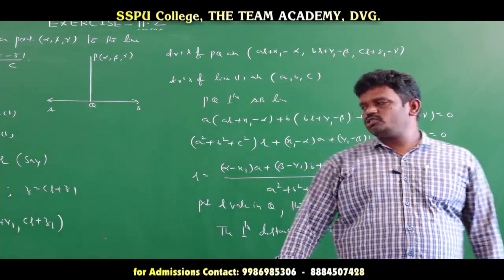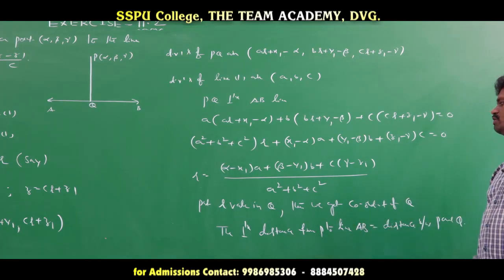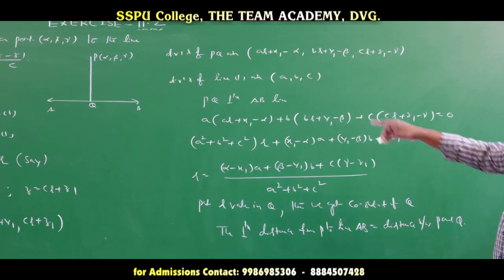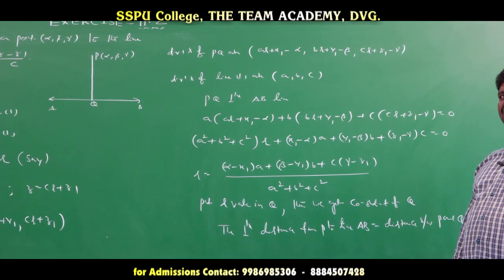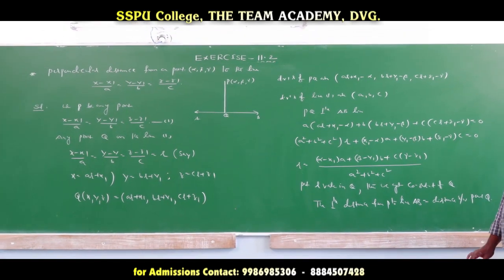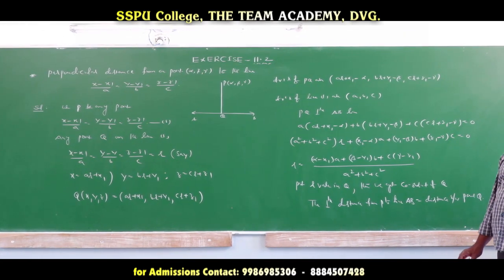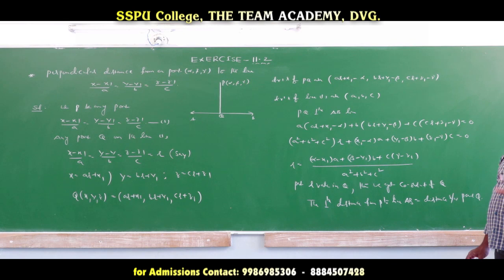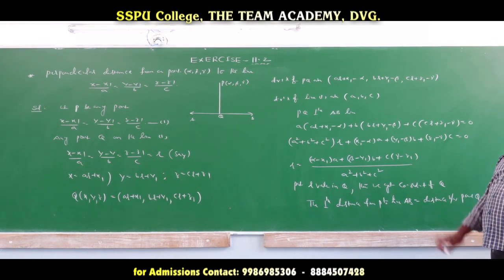Okay? So the distance between P and Q is equal to what is given? The perpendicular distance from point P to line AB. So this is the general process. Any problem of this type, we apply this process and we get the answer, the perpendicular distance and the foot of the perpendicular, from one point to one line. If the Cartesian form is given, this is the process. This is important for competitive exams only.